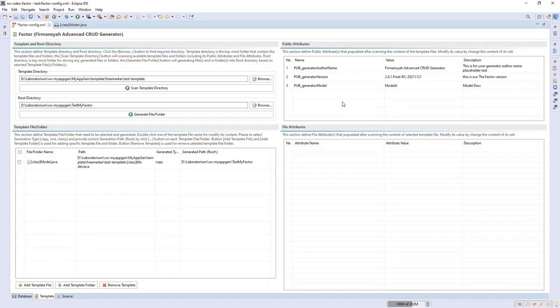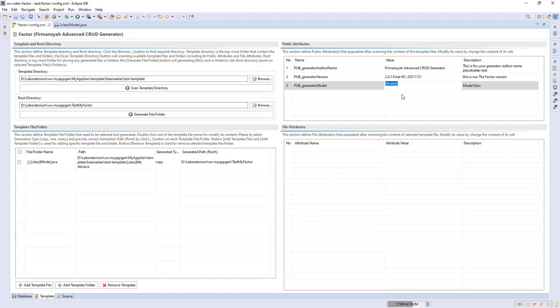Okay, maybe you want to ask what the functionality of this public attribute is, right? Basically this public attribute is a placeholder that will be used everywhere in the file template that we want to generate into a specific file. So this is the placeholder, and this is the value.